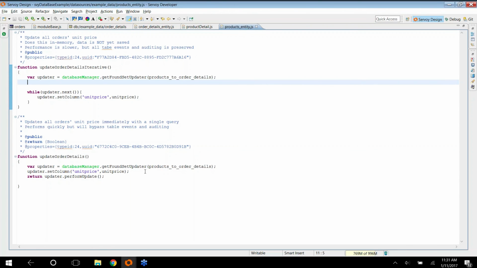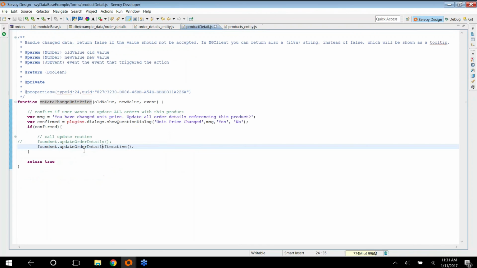There's a lot less overhead. The downside is that it will happen immediately without doing any table events or auditing that I might have set up. So if I switch my implementation on the data change event handler, and I do the immediate one, not the iteration one,